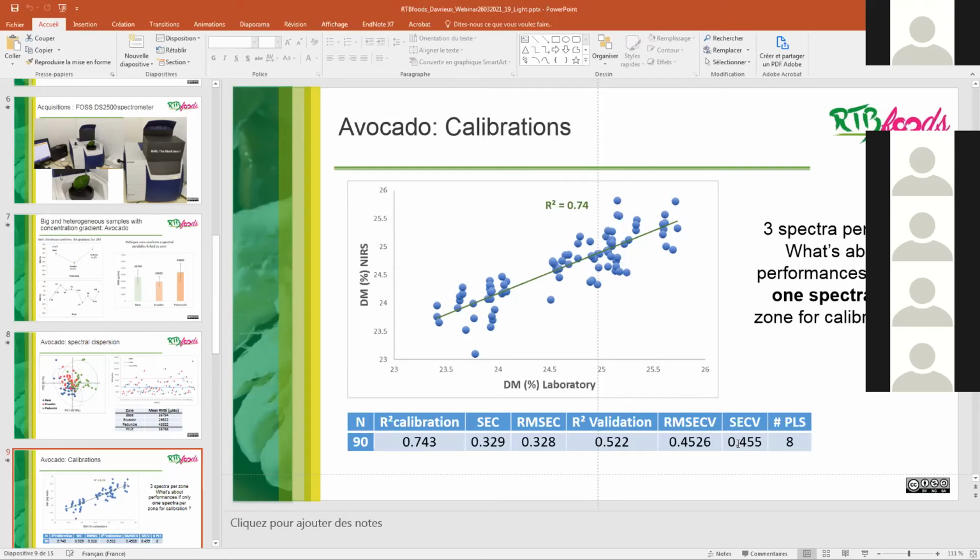Two questions from Enoch. Is repeatability among spectra influenced by the equipment? Of course, Enoch, because as I say, it depends on the specificity. It depends on the signal to noise ratio of the instrument, on the sensitivity of the instrument, and on many things. Of course, it also depends on the range of wavelength.